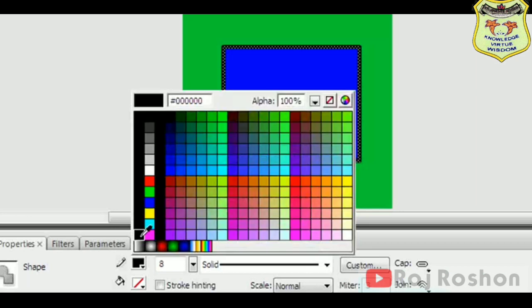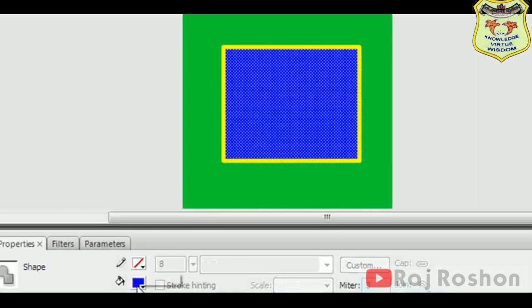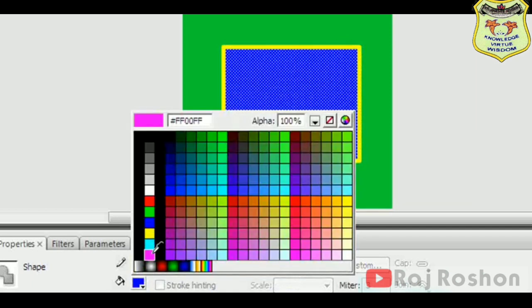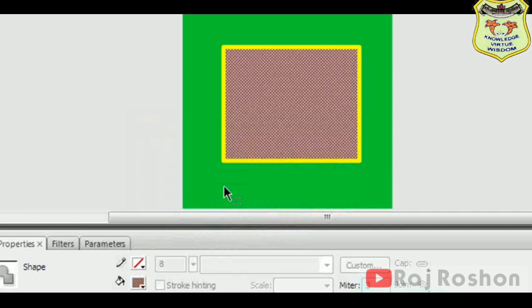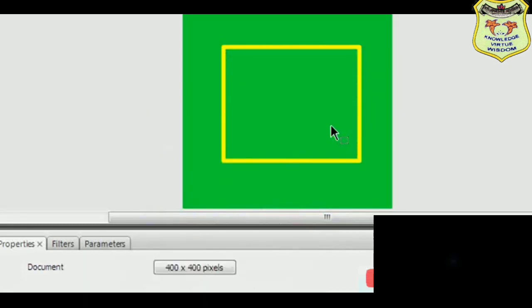If you want to change the color of the line, first you have to select the line and then select the color. And if you want to change the fill color, then you have to go to the fill button and select the fill color. So this is how you can use the selection tool.